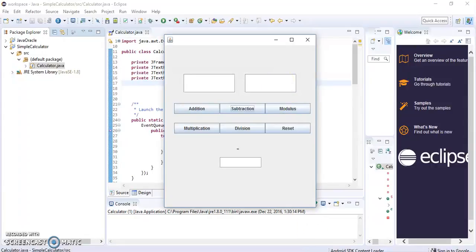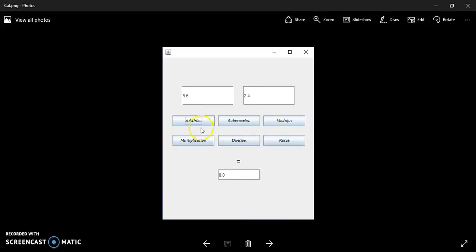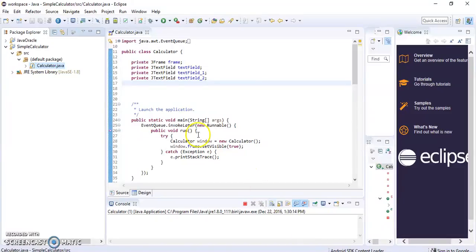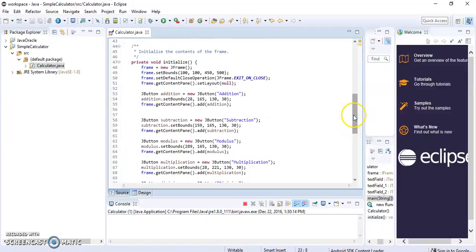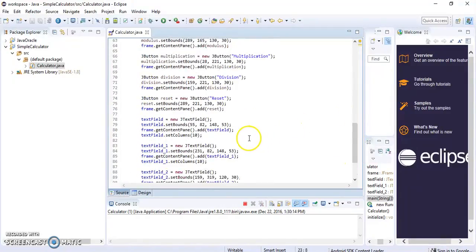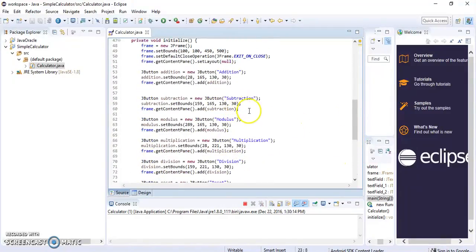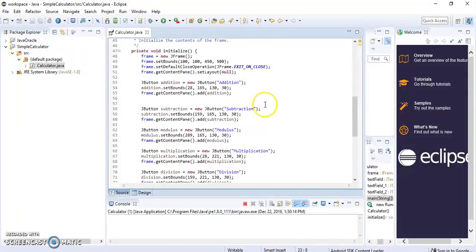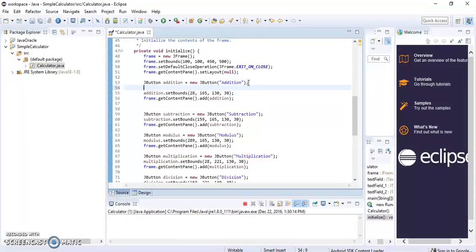But before we do that, if you take a look at the design, we have different font type and size here. So let's first change that, and then we start with the functionality of each button. To change the font, we basically just need to add one single line to each button. Let's start with the addition button, and we type